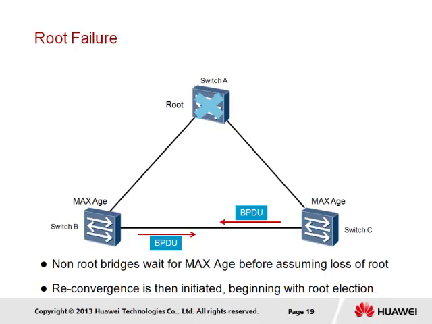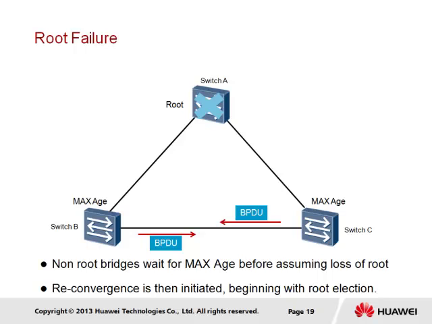Once the max age is no longer greater than the message age, the switch will assume the root bridge is lost and assert itself once again as the root bridge. The root election process will once again take place between the remaining switches, in this instance between switch B and C. From this point, a new root bridge is discovered based on the bridge ID of the two switches, along